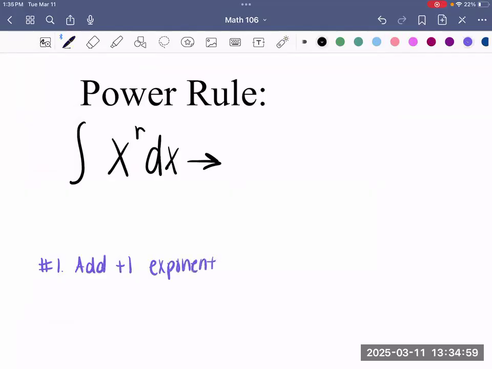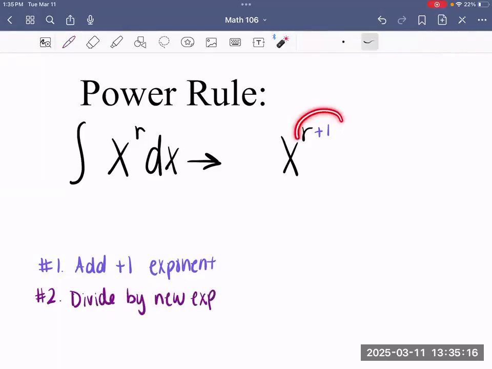Perfect. So we can write x to the r+1. And then step 2, we said to now divide by the new exponent. So your new exponent should be written as r+1. So we have divided by r+1,